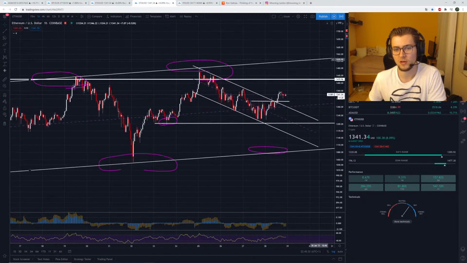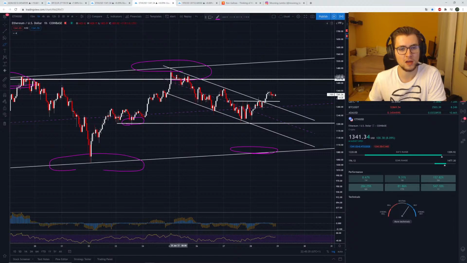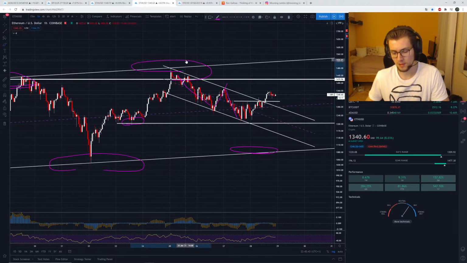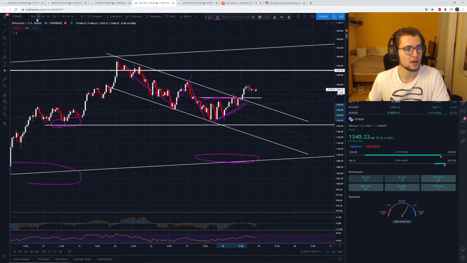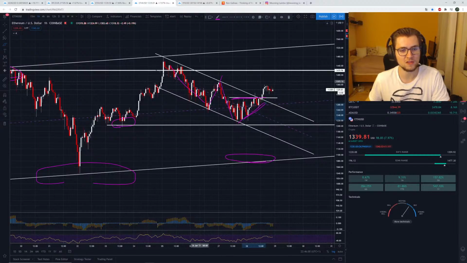And in this ascending channel, if I go to the hourly chart, you can see how we have this descending channel once again with a few impulses moving along the bottom line and along the top line as well, and afterwards, after breaking out of it and actually forming something like an ascending triangle here, we then broke out of it and are now currently consolidating like Ethereum likes to do, which is not necessarily in a pennant way, which would be something like this, where you have lower highs and higher lows, but more like